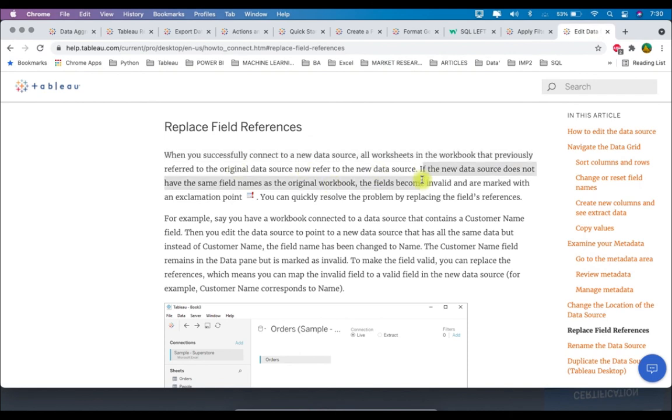If the new data source does not have the same field names as the original workbook, the fields become invalid and are marked with an exclamation point. You can quickly resolve the problem by replacing the field references, and that is why it is called replace field references, right?